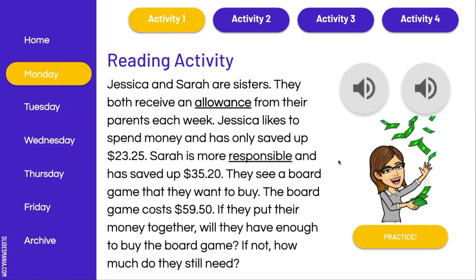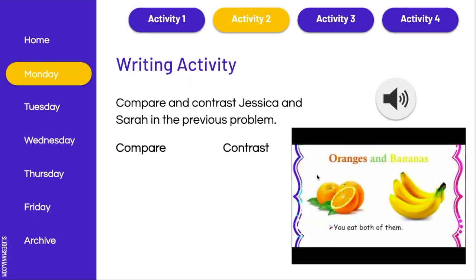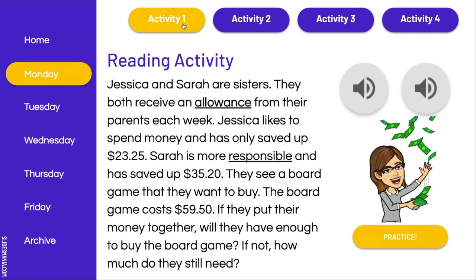So here's where I would ask the student to work out the problem. And if I notice that the student is struggling, then we're going to talk about the vocabulary that's in the lesson. Now take the time to write down all the words from this problem that you are unfamiliar with. So I'll reiterate to the student, are there any words that you're not comfortable with? Are there any words that you don't know what the meaning is? So I'll go through those words. We'll talk about what allowance means, maybe what responsible means, and